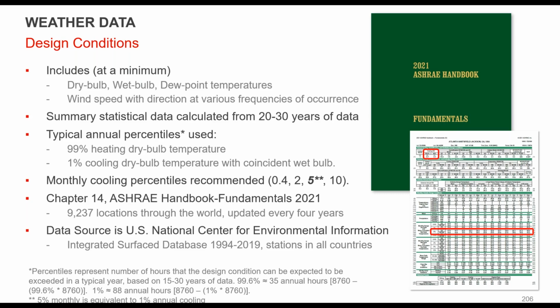Also, annual 1% has been recommended in the past. At this point, though, ASHRAE is recommending using monthly cooling percentiles, with 5% being the recommended. And they're using 5% because it's about equivalent to the 1% annual cooling. So if you look at the chart there, there's the two red areas. There's the heating dry bulb conditions for that particular location, and the large area is the monthly design conditions for